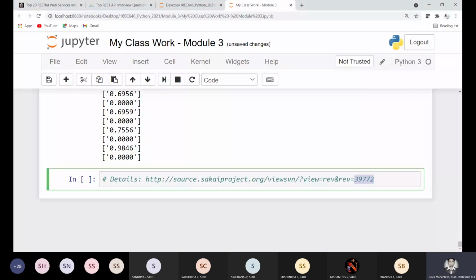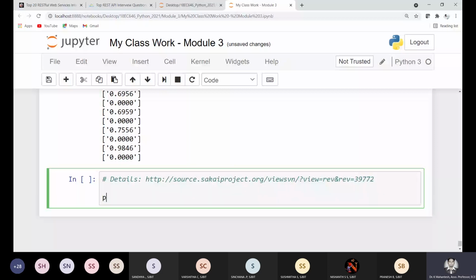I'll just call the pattern PTRN. Okay, let me put it. Pattern is equal to. So I should find and I should print only 39772. So what should be the pattern? Guys, what should be the pattern? Can I say the line which starts with,